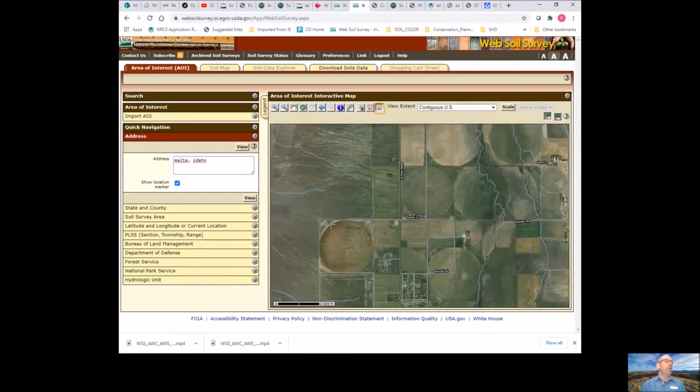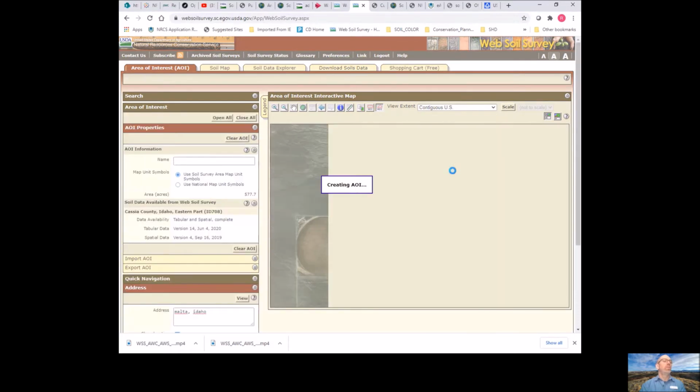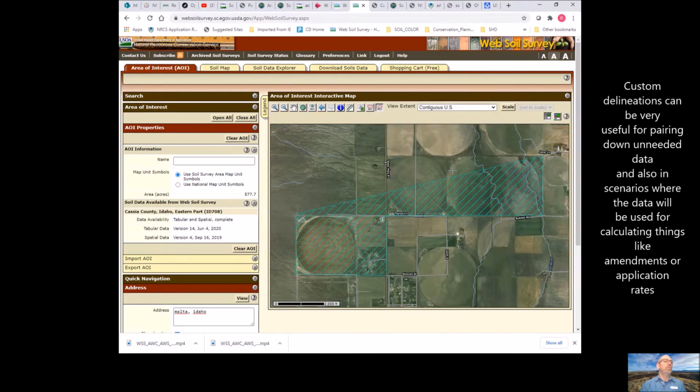And then I'm going to pick the AOI polygon tool and delineate a kind of a custom area rather than just drawing a box. And I'm doing this for example purposes. This doesn't have anything to do with any ownership boundaries here. And in the end, we'll utilize the function of web soil survey that will allow us to generate a downloadable file representing this delineation so that in the end,